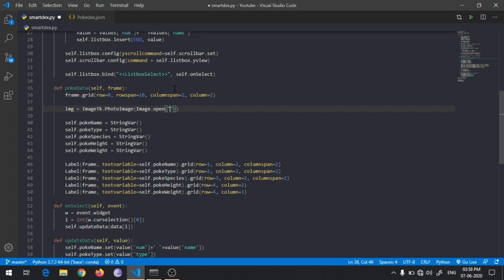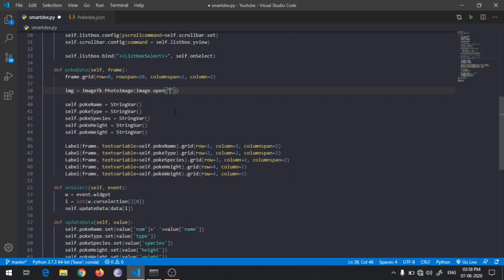One thing to keep in mind is that whichever type of image you give at the initial point, the same type you have to give for all elements in this update data method. So if I give png here, you have to give png here. If I give jpg, you have to give jpg. So I will give a png image here, Bulbasaur,